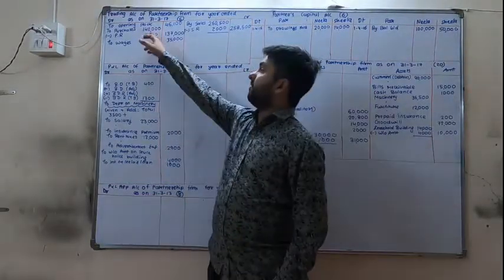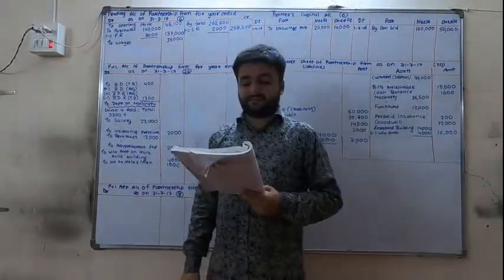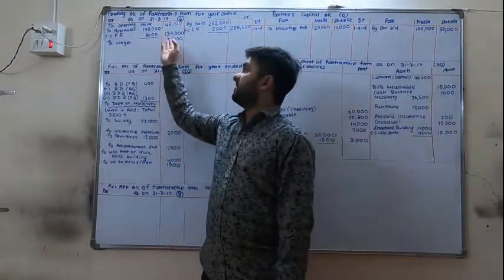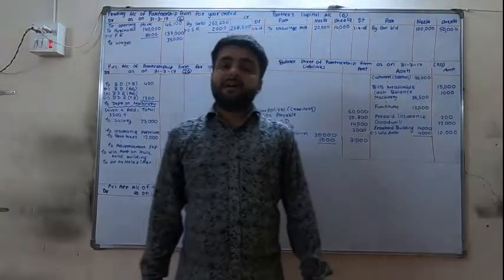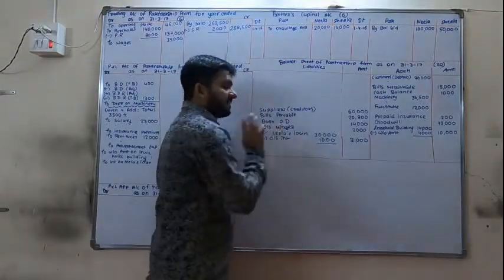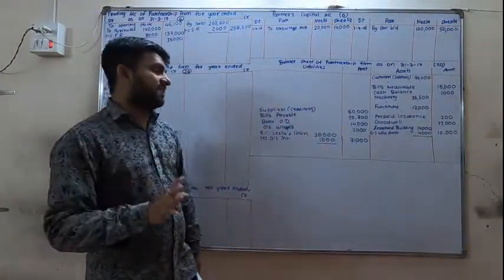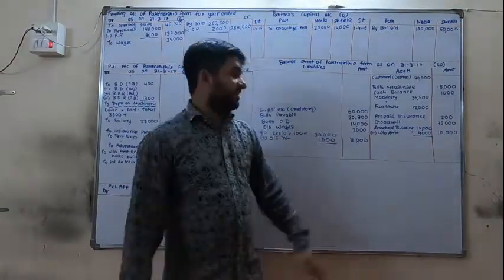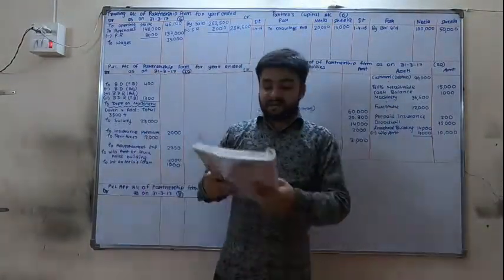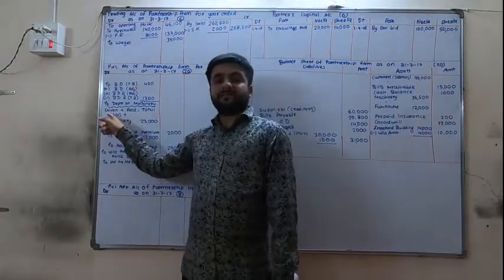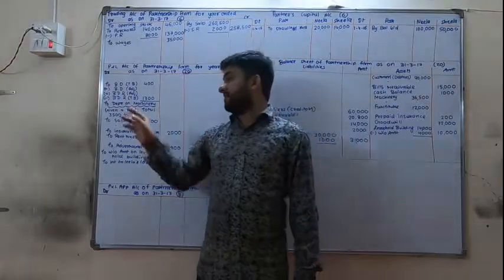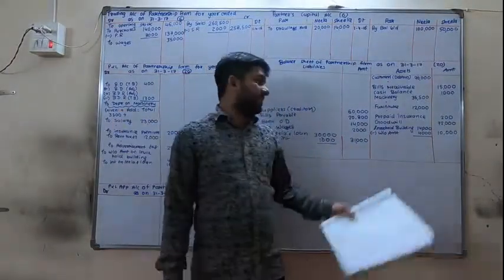After that, purchase and sales are already written. Then wages and outstanding wages. Wages is a debit balance, so it goes on the trading account debit, and outstanding wages is on the liability side, because only one effect is to be given, as it is in the trial balance. After that, machinery is our asset, leaving one line. Depreciation on machinery is given with only one effect, only on P&L debit, and we need to calculate the additional amount, so here space and there space.